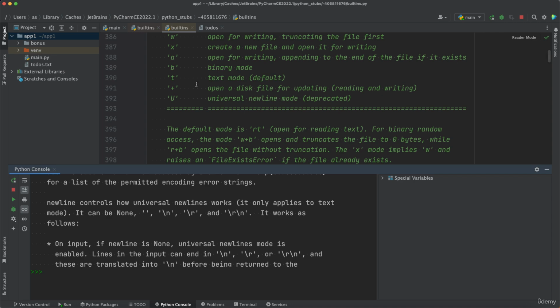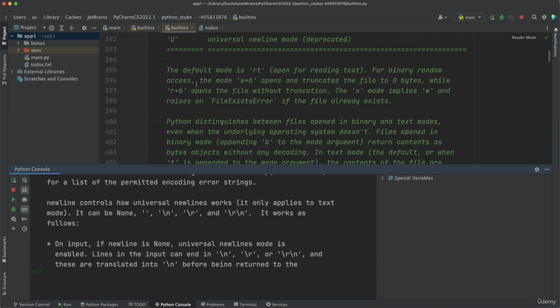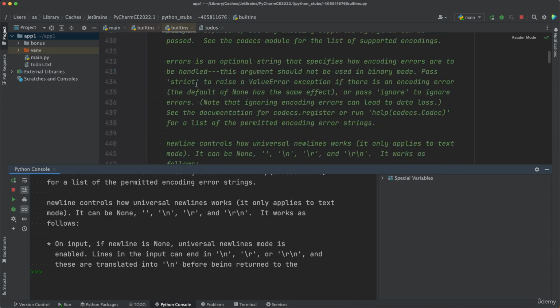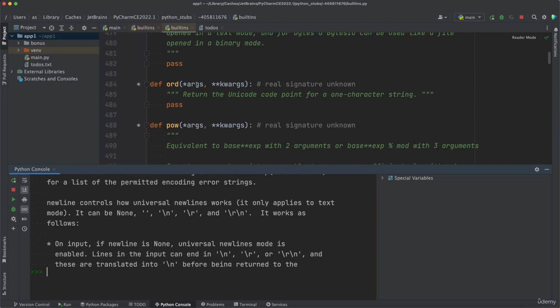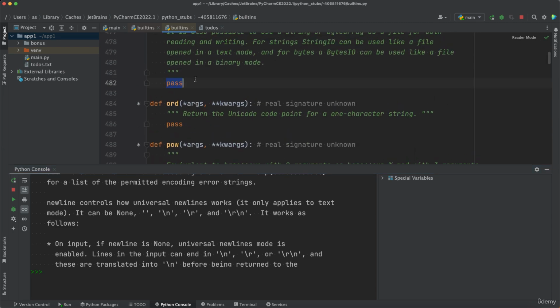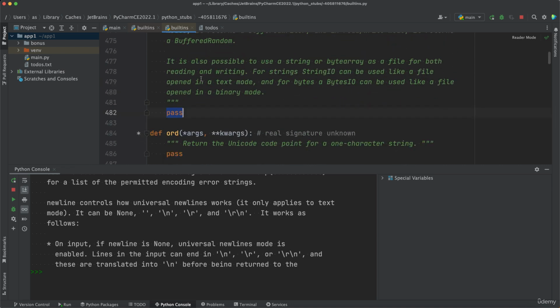And that is referred to as a docstring. So it's the documentation of the function. And then down here you have pass. So you don't actually see the code here, you only see this docstring and pass. And that is because